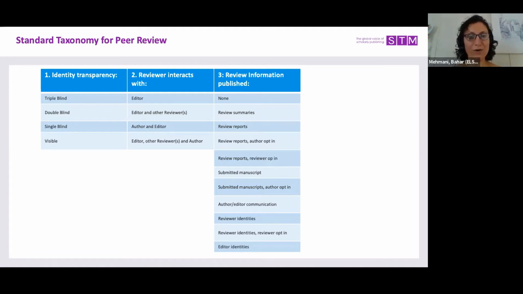So Luis, can you help us to understand how this third category is explaining different types and characteristics? Yeah, definitely. So this is the one that has the most options and is a lot newer than the other categories. So none just means pretty much the traditional peer review process where the article is published, but none of the reviewer content or editorial decision making is published. A lot of journals still function like this.